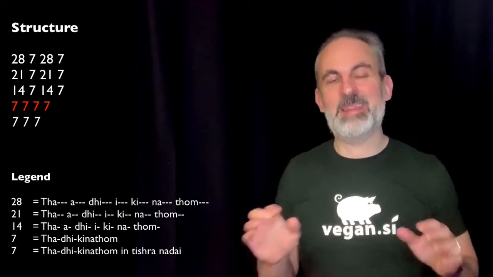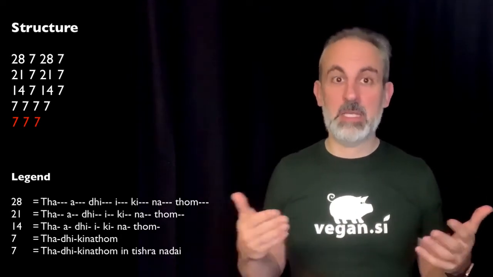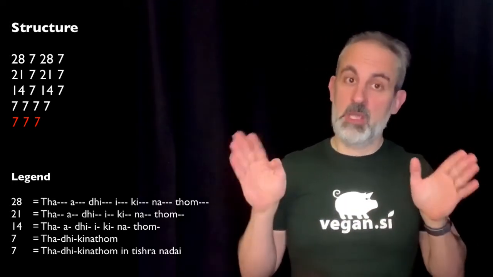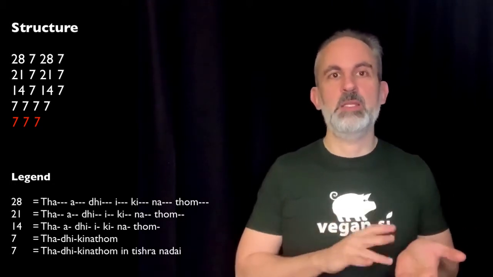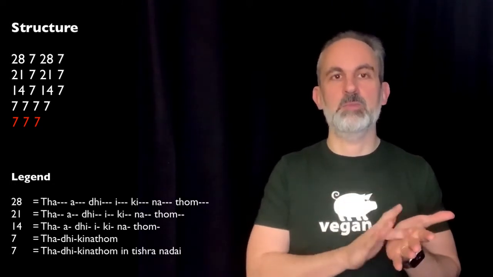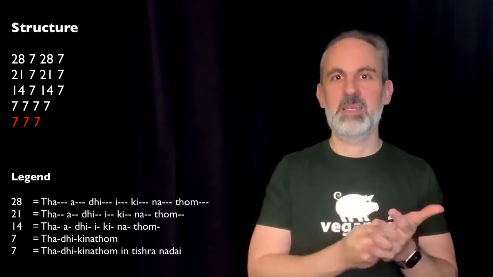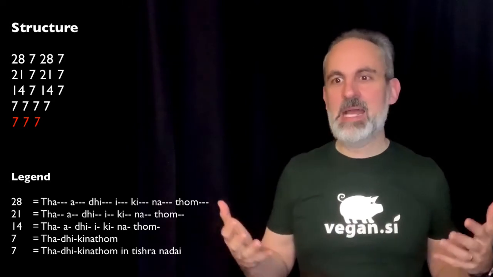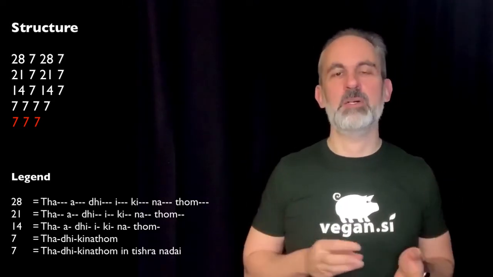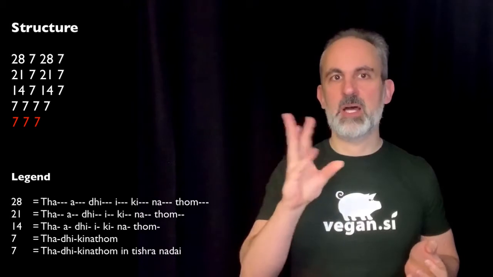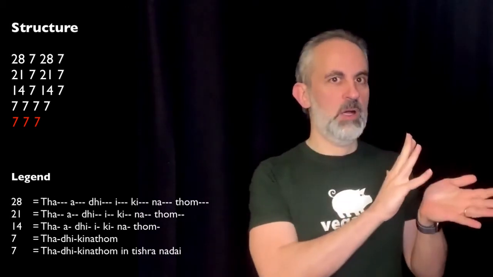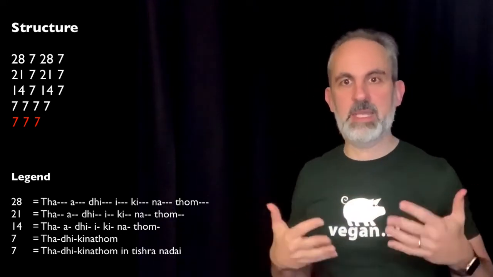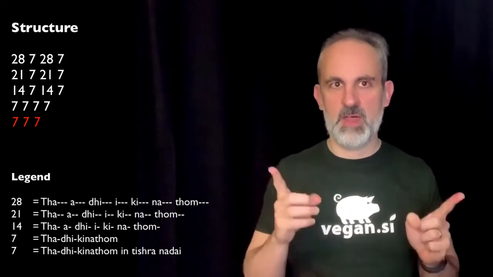And then, as always, the very last line is played in tishra nadai, kalam, which is only 3 subdivisions per beat. Until here we were in 4. That is played Tha-dhi, kinathom, Tha-dhi, kinathom, Tha-dhi, kinathom, Tha. I already know where to start this because it is a phrase that I love very much. When you come to this phrase, you need to start with your pinky finger, and then you're going to come to the proper ending in aditalam. So keep an eye for that.